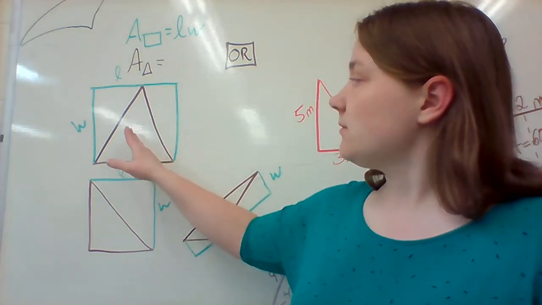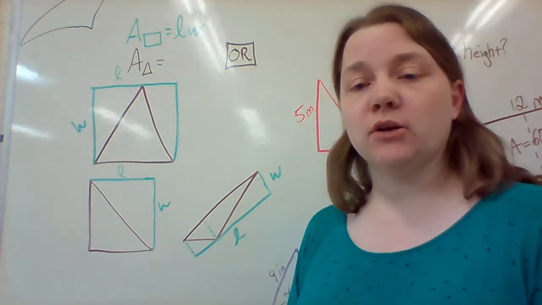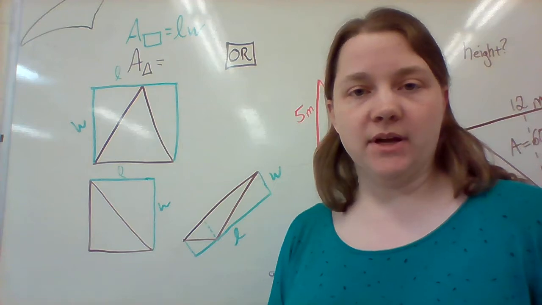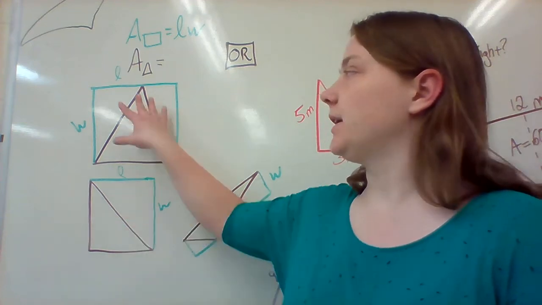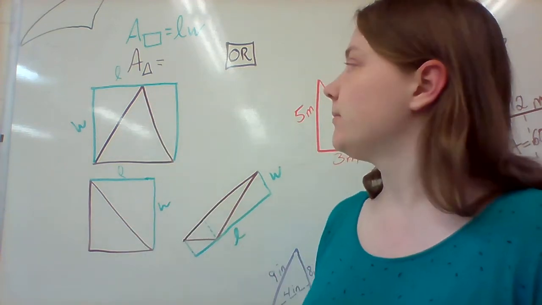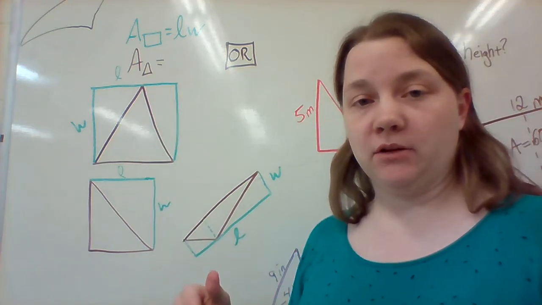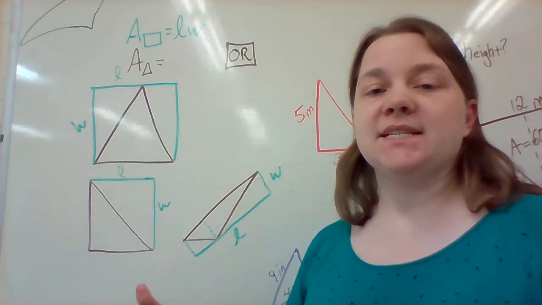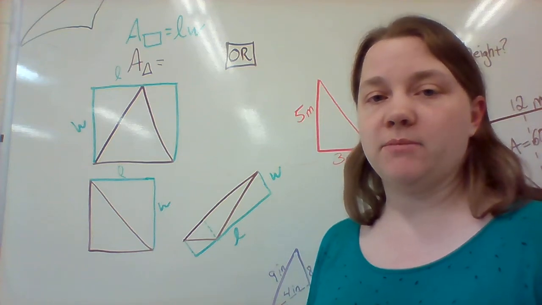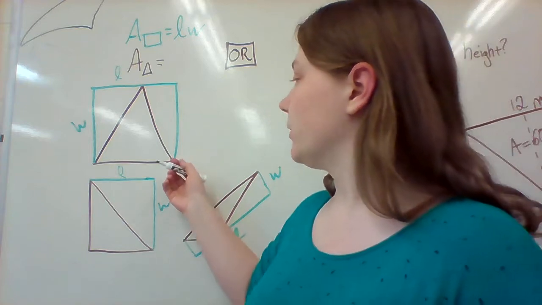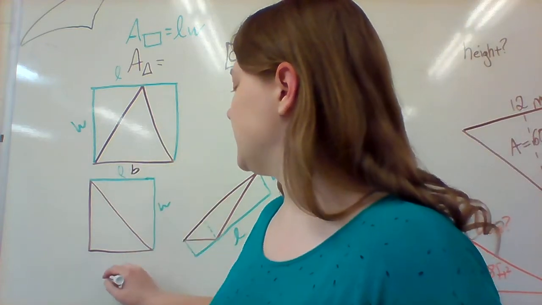So, to find the area of a triangle, we're going to use those same measurements and then take half of them to only count the triangle and not the doubled part that makes the rectangle. So, we're going to go back to the same thing we were doing with parallelogram, which is going to use base and height instead of length and width, because length and width are just for the rectangle. For the triangle, we're going to have bases